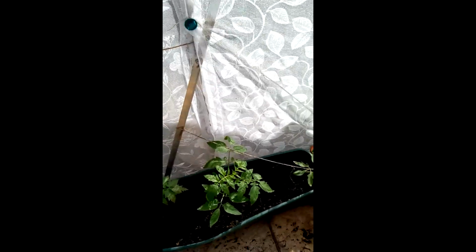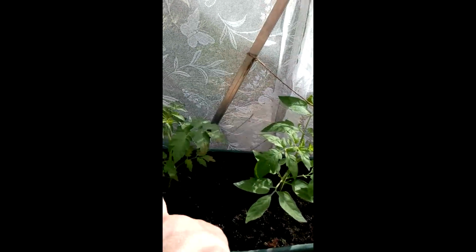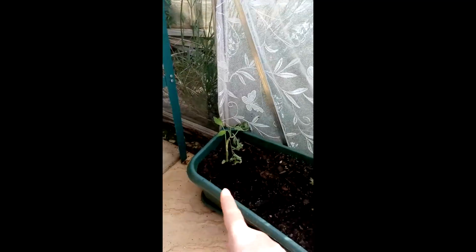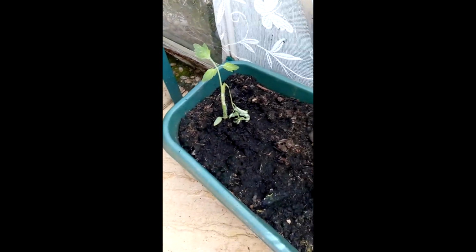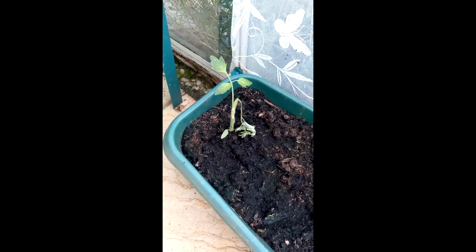Tomatoes. So here are my cherry tomato plants. Just here. Here are my standard. Houston, we have a problem. I'm hoping this will come back. If it does, awesome. If it doesn't, well, you know, we'll come to that road, because I still have one tomato plant out in the wild, or should I say potted, in the garden. Okay,